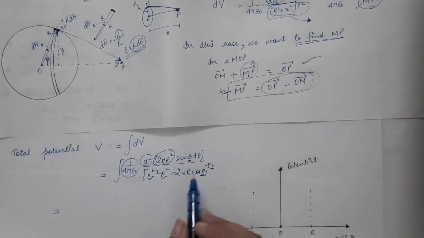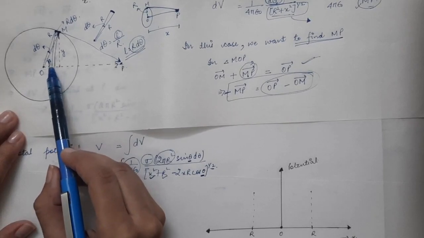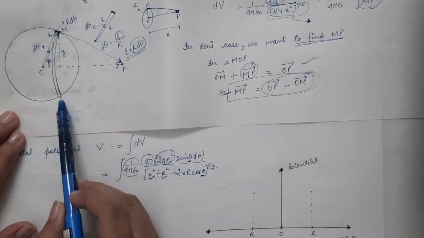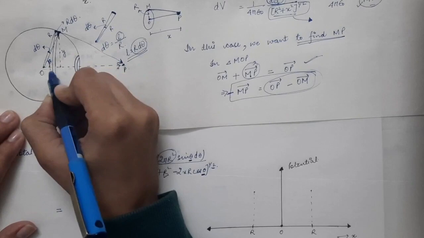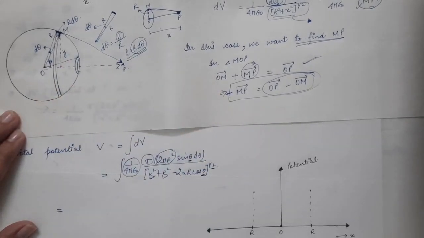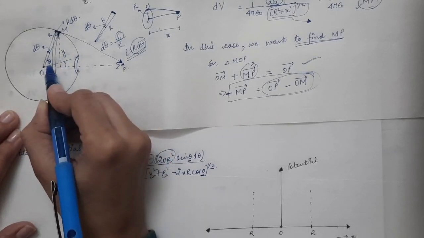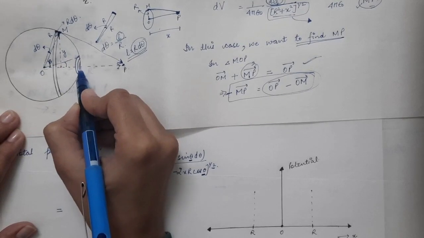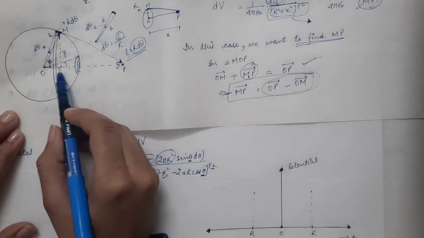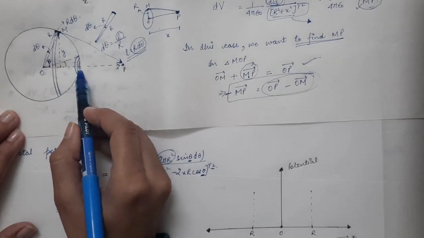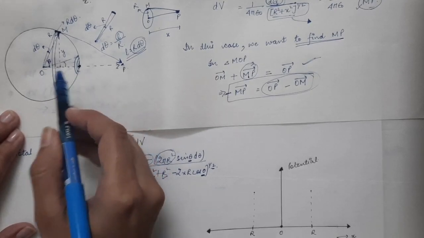So what will be the limits of theta? Now this is the angle theta that we had drawn. Now this whole ring, the elementary ring, can be drawn over here. So for this ring the theta will be less as compared to theta for this ring. Similarly you can draw an elementary ring over here. For that ring the theta will be even less, meaning the minimum limit of theta will approach 0. So at this particular point theta will be equal to 0.